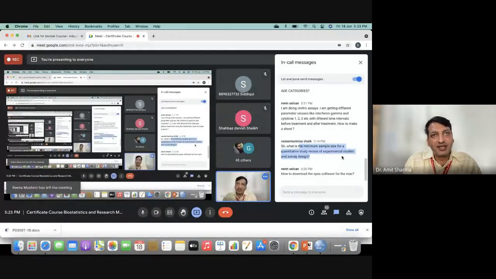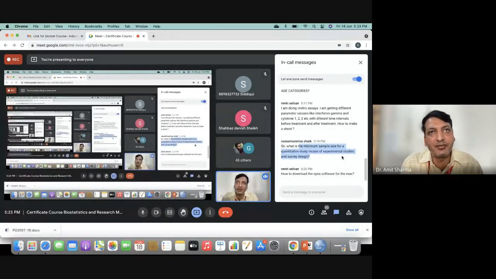So nowadays sample size will be calculated based upon the type of study design, the type of work you are doing. Different formulas are there and different software are there which will calculate it. And one more thing, how much error the researcher is expecting. Based upon that, the sample size varies. For example, in academic research, we are taking a confidence interval of 95%.